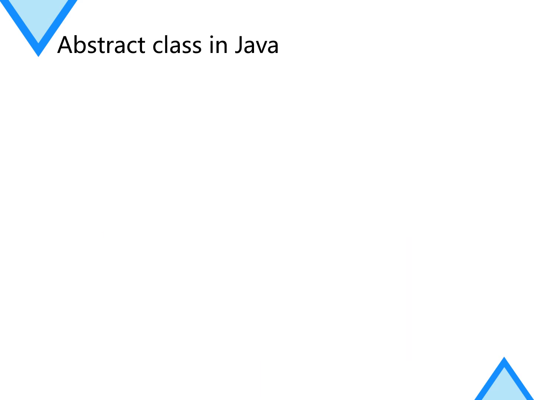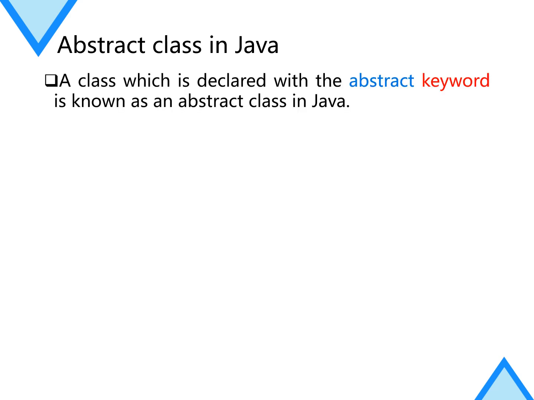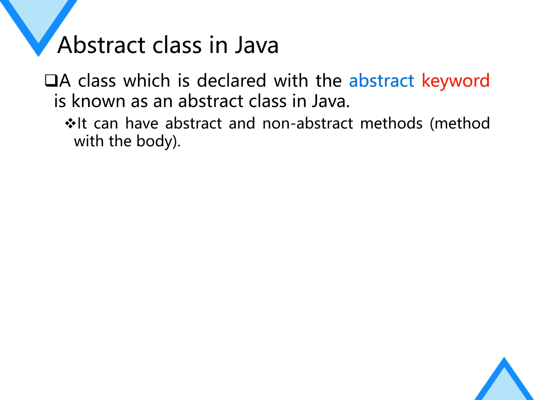Now the question is how to declare abstract classes in Java. To declare an abstract class in Java we need to use the abstract keyword. A class which is declared with the abstract keyword is known as an abstract class in Java. An abstract class can have both abstract methods and non-abstract methods. If it has an abstract method, the method will only contain the declaration and the implementation will be given in the